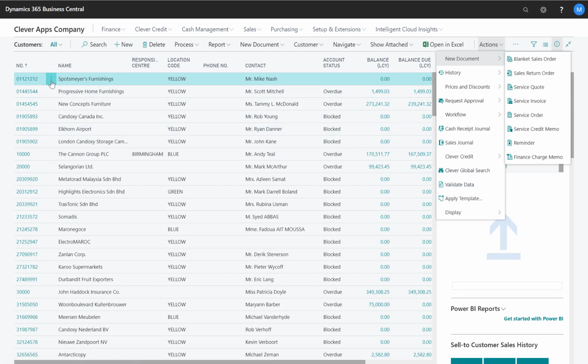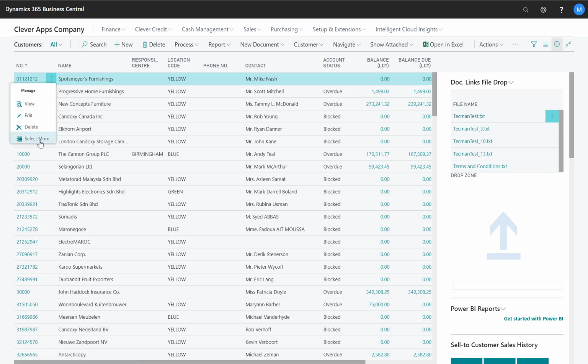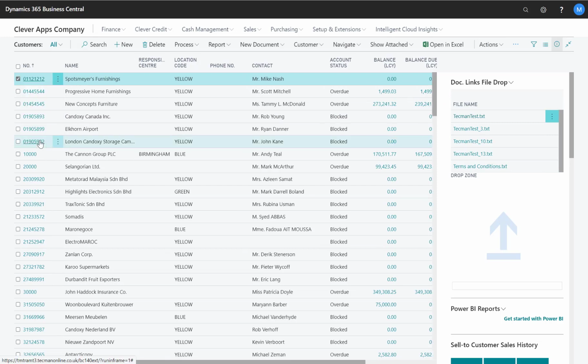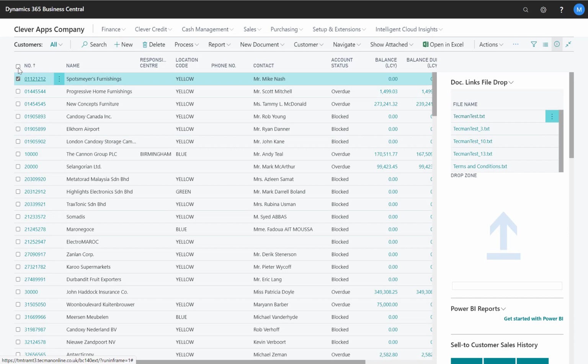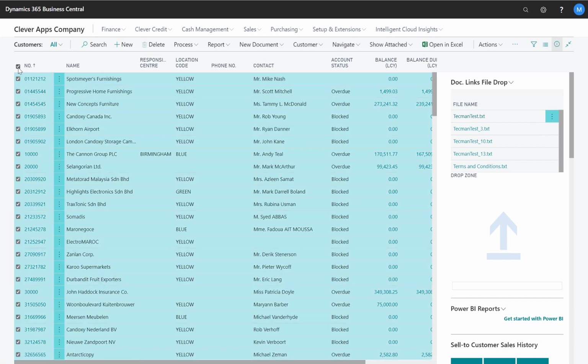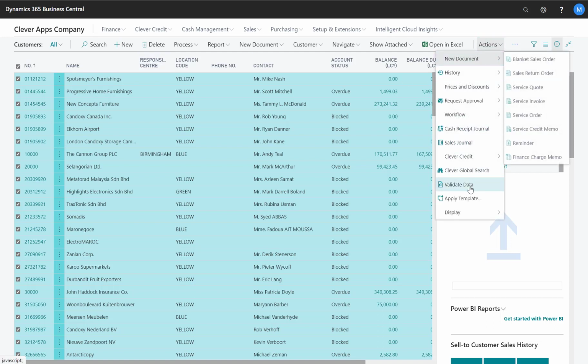the three dots on the line, choose Select More, select the first tick box at the top, and highlight all records. I could also apply a filter to this page if I only wanted to validate certain records within the list. Now I'm going to again select Actions, Validate Data,